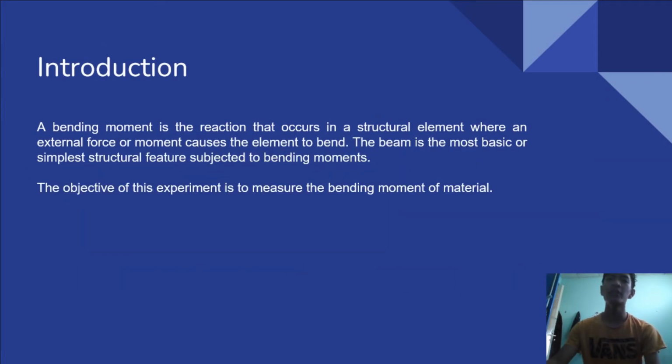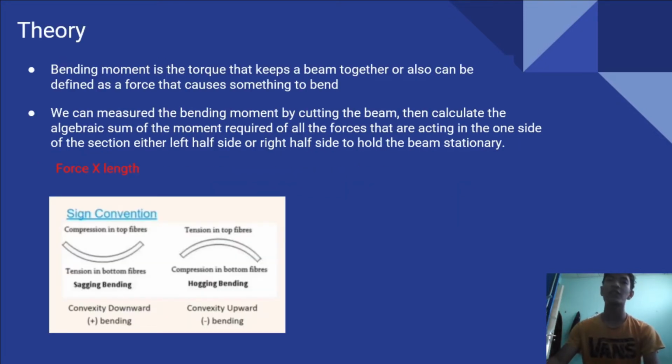And for the introduction, a bending moment is the reaction that occurs in a structural element where an external force or moment causes the element to bend. The beam is the most basic or simplest structural feature subject to bending moment. The objective of the experiment is to measure the bending moment of material. Okay, for the third part,